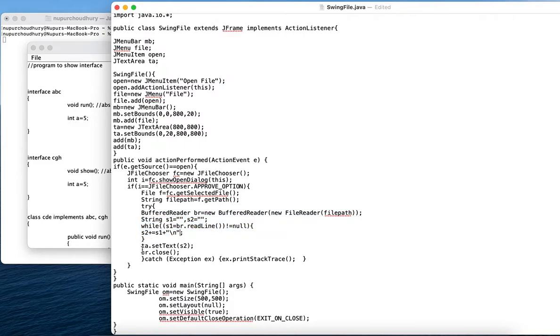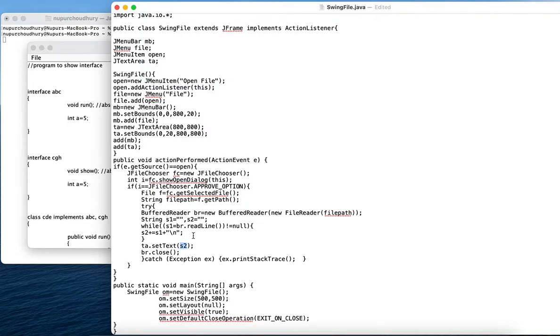Then all the values are there in s2, right? So s2 will now be set into the text area which we have selected, using the setText method.